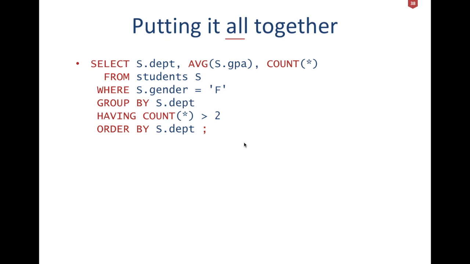So putting it all together, the select statement: select S.department, average of the GPA, count star of each group having the same department, from student S, where S.gender is equal to F. So the condition here is on the gender, which has to be female. Group by department, so rows that have the same department, we're going to compute the average of them, and count how many tuples there are for the same department. It has to be greater than 2,